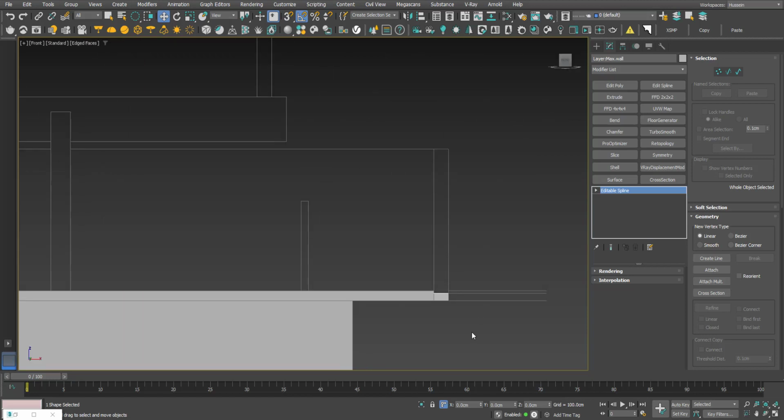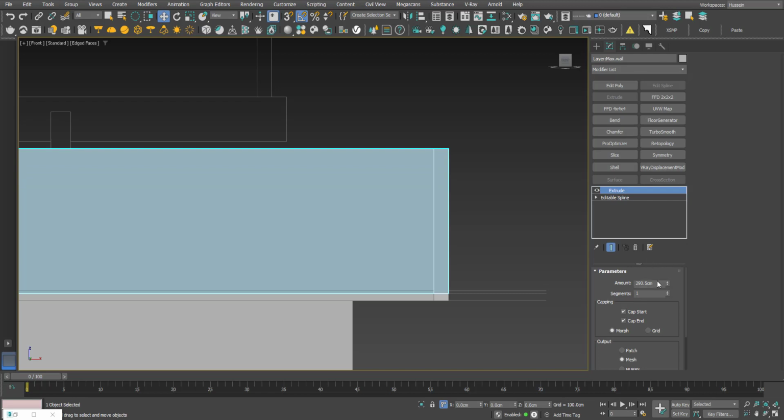Okay. I'm now going to extrude the spline based on the elevation plan.